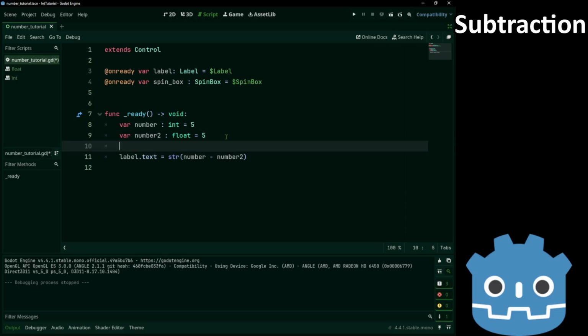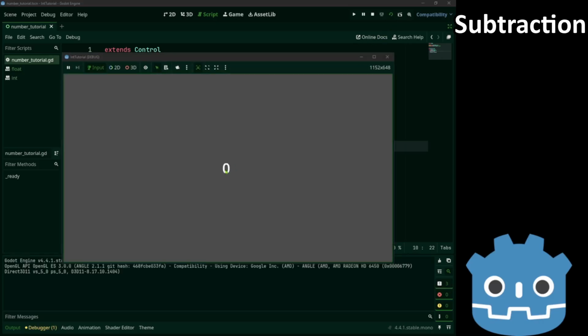Just like before, we can change the value of number. So this subtracts, and number is now the difference. So it becomes 0.